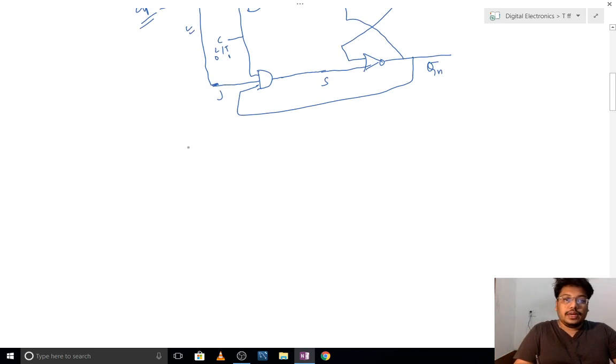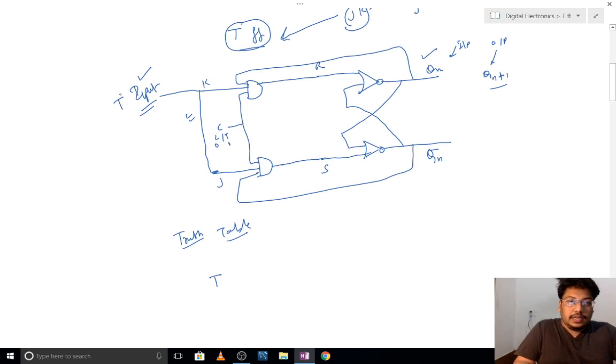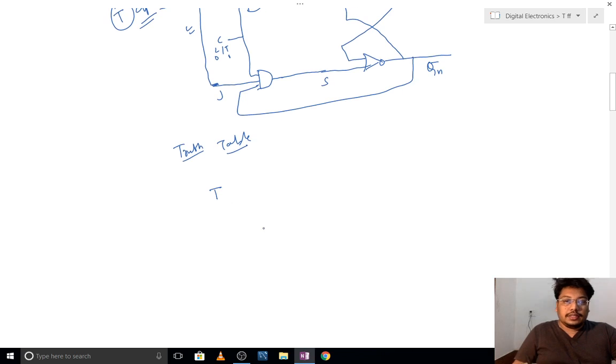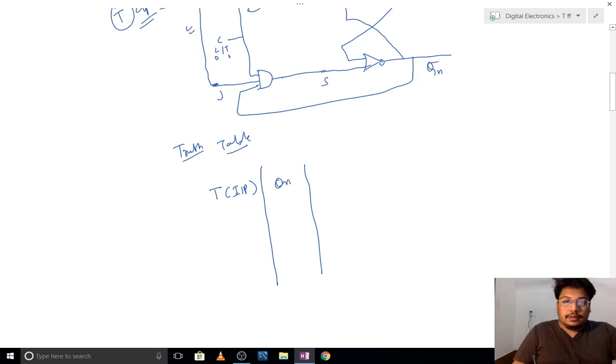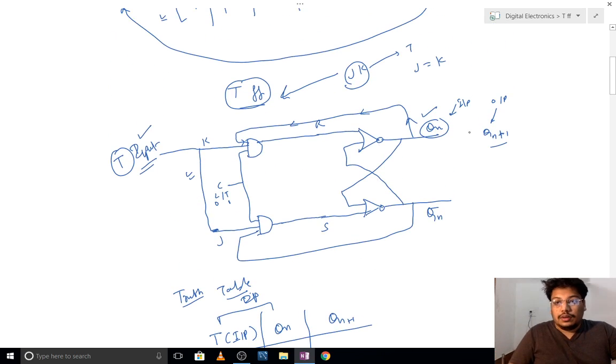Now what we can do, we can generate the truth table for it. So generating the truth table, here it is T, this input is called as T. Or you can say input, as well as one more input is there, that is Qn, which is coming from here because it is a feedback signal, right? And then we have these two as my inputs and one output, that is Qn plus 1, which will be given over here only.